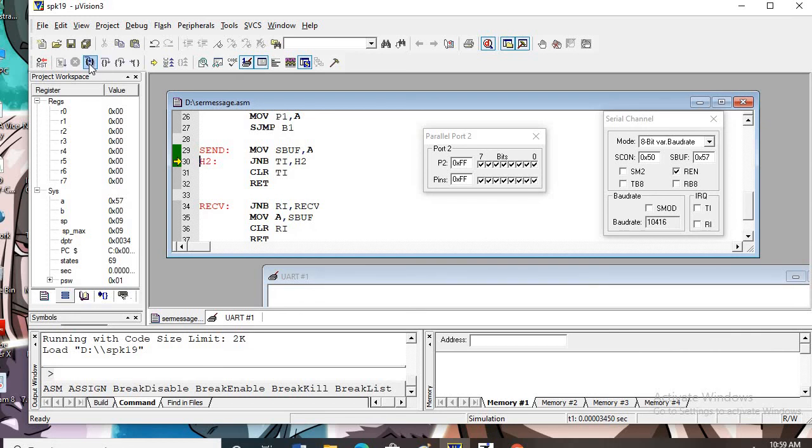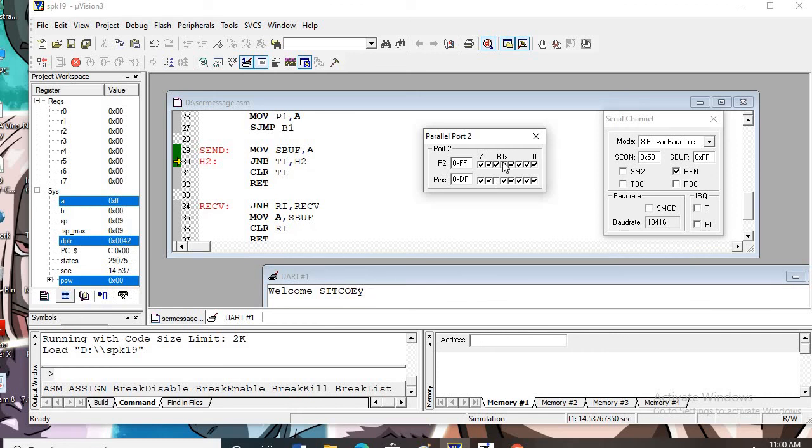It will get stuck there because we are not changing this code one by one in the SBUF register. It is coming. So somehow we have to go to the end. And this will be the message, SBUF message. Fine. Nothing changed here on port 2. And if we change something on the pins,